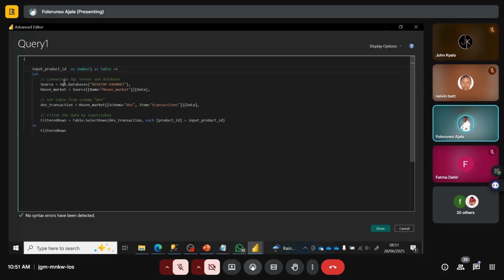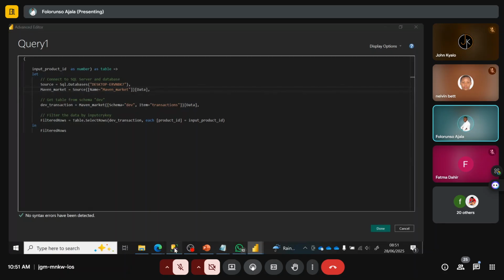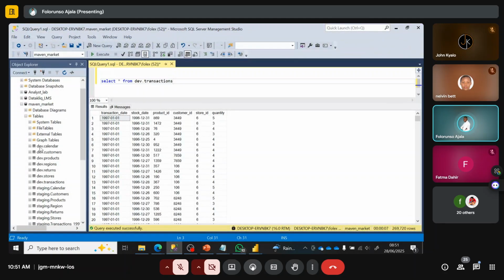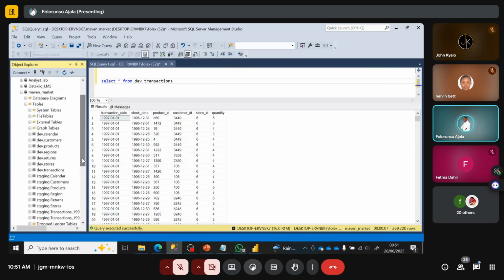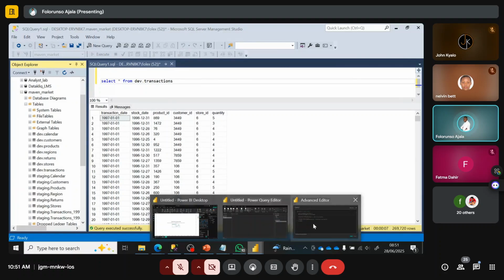Now connect to SQL Server and database. So this is our source, which is my server. Maven market equals source is my database. Now we say get data from schema dev. I have different schemas. If you look at my database, you will see that I have the dev schema and the staging schema. So we are specifying on